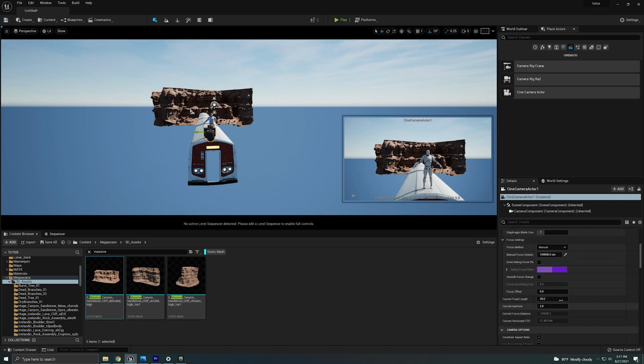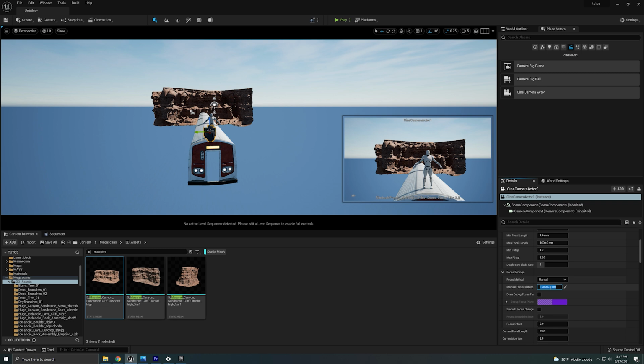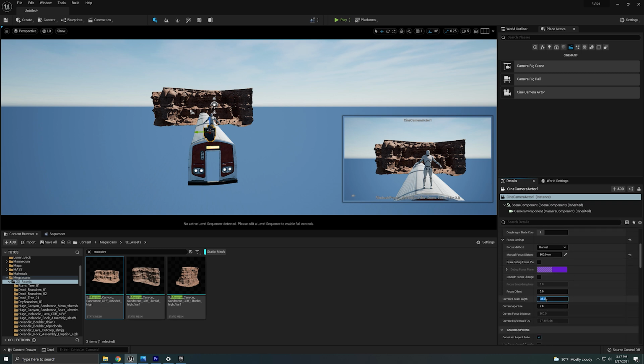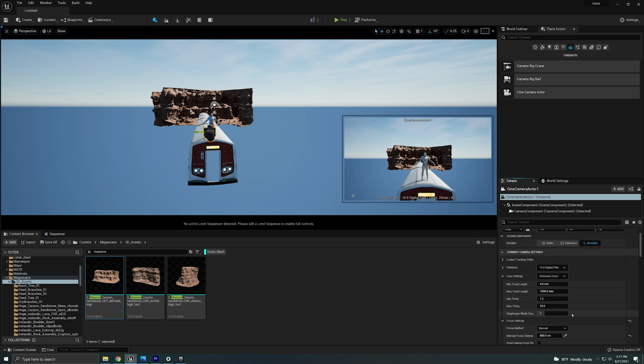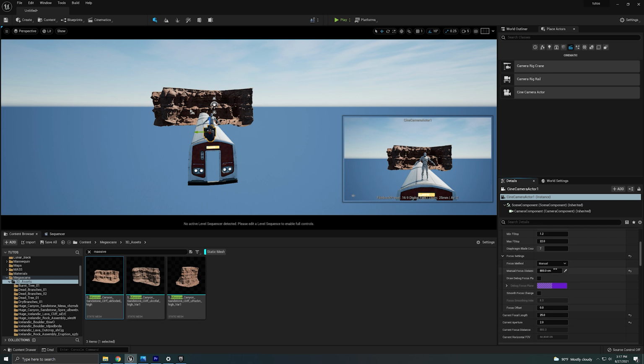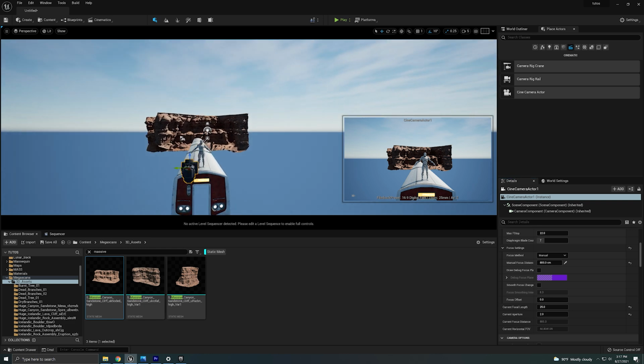Also going to change some settings here. So here in the manual focus distance, I'm just going to type 800. And over here, I believe I have it in 25. Aperture 2. And these are just options for the depth of field. You can change these options if you wanted to. But I did have a focal length of 25,